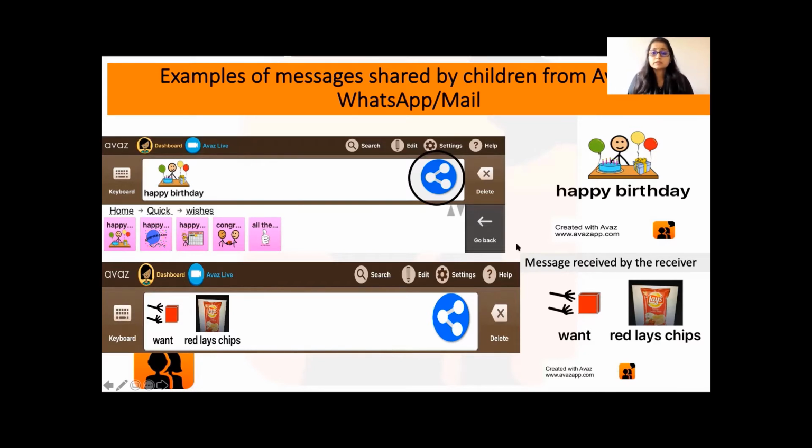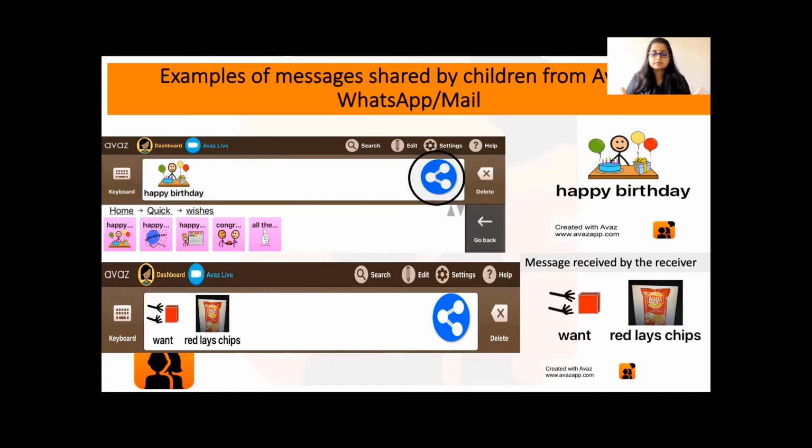So this feature is really useful for making communication very realistic, and the child can immediately see the effect of it, right? When they say happy birthday to a family member and share it, and the family member replies to the message, they can immediately see the effect of their communication. And in the second example that I gave you, the parent brings home a packet of Lay's chips.